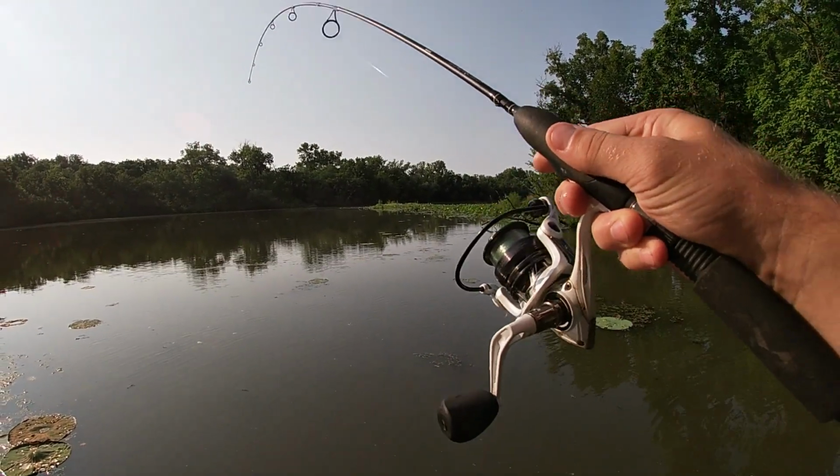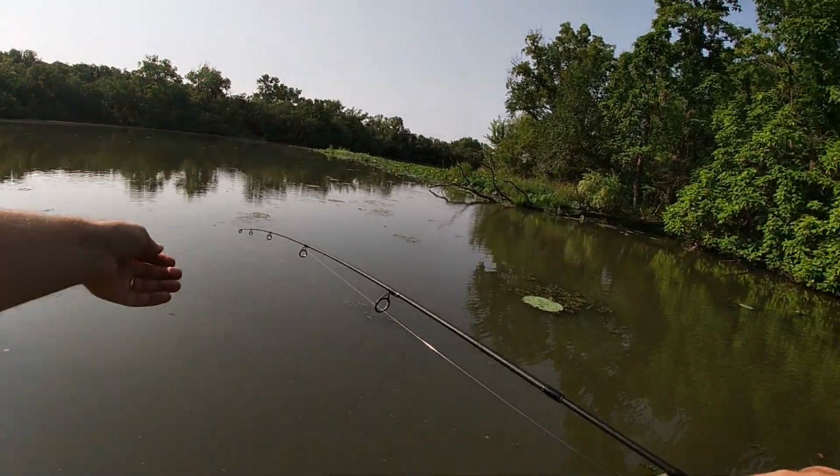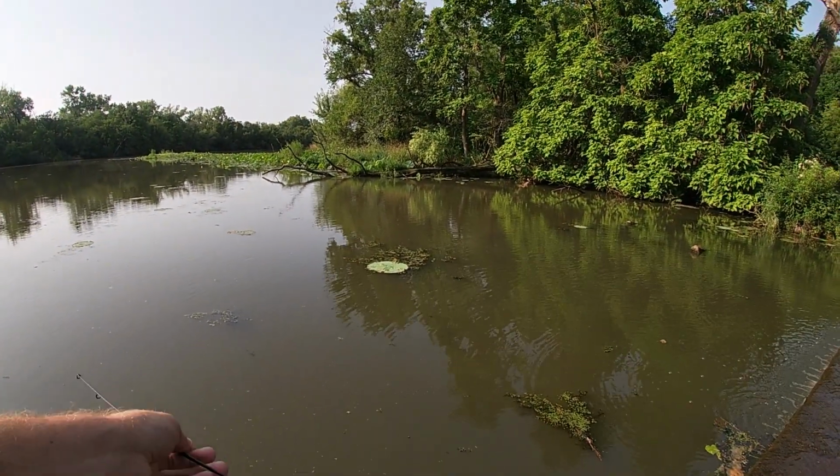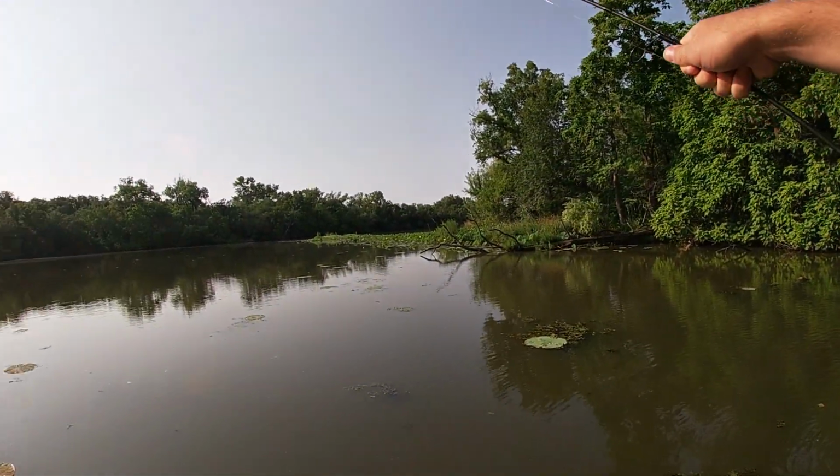Specifically thinking it ought to hold some bass. Oh, that's not what we need. I'll break that off, I guess, and retie. But anyway, as I was saying, guys, I've fished this area back here in the past, usually looking for